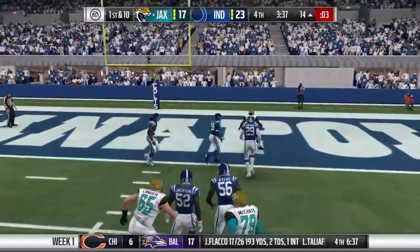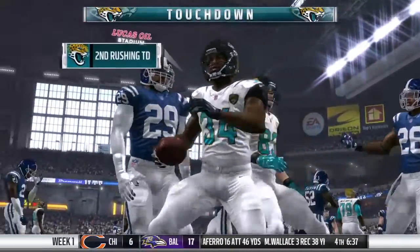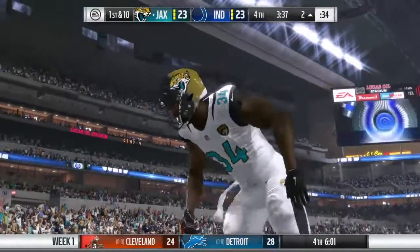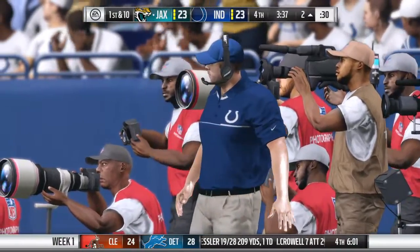It is. And he takes it in. Touchdown, Jacksonville. A great play there. Already his second touchdown here in this opening weekend. And the Jags are